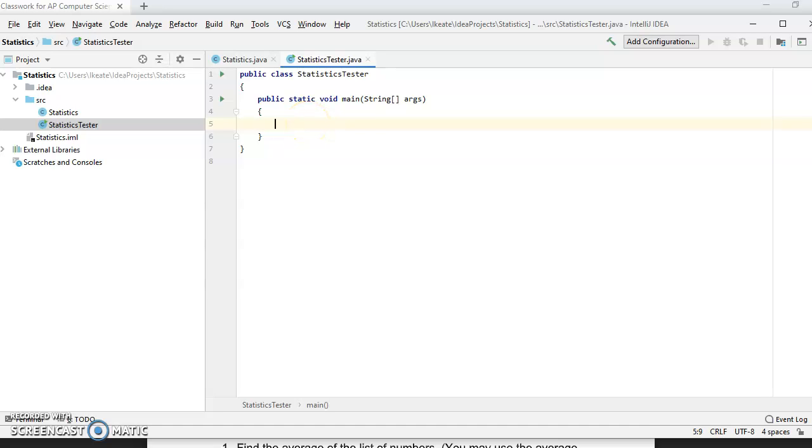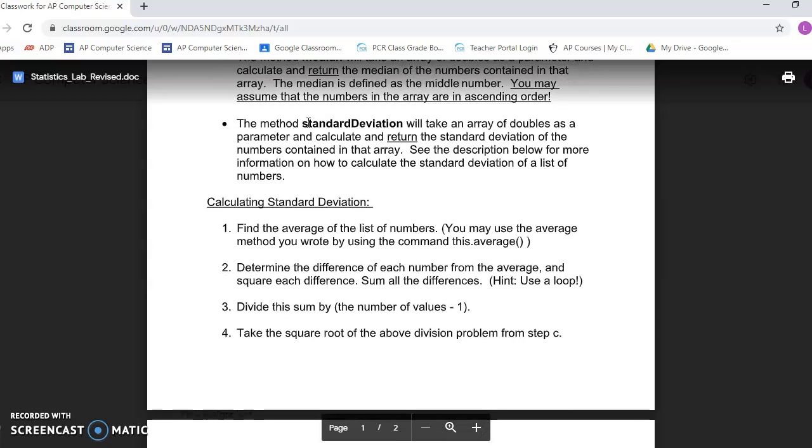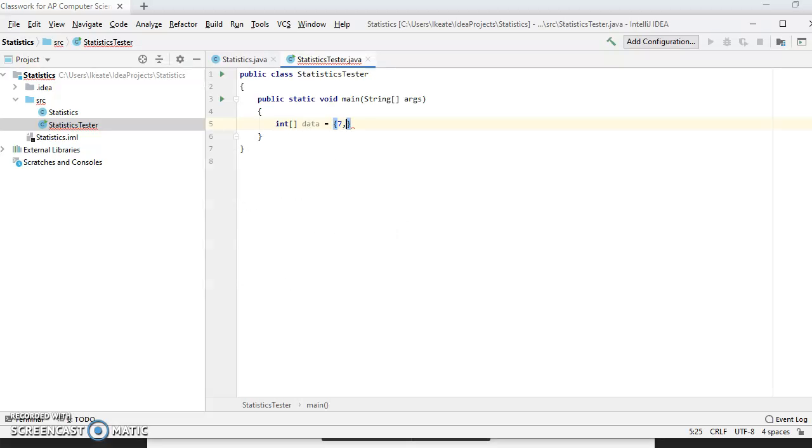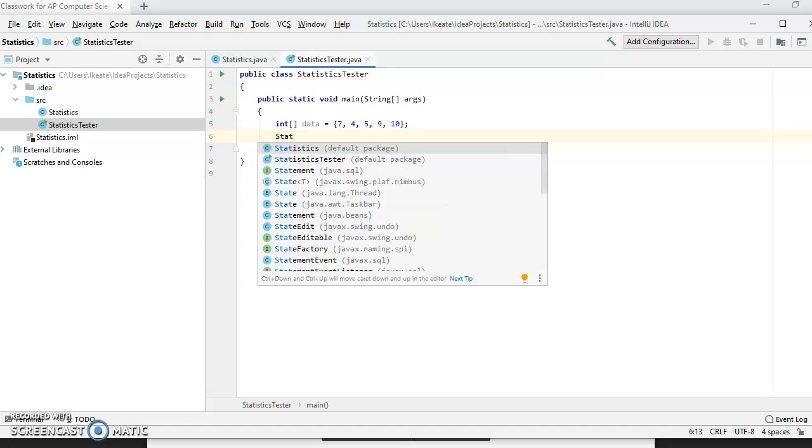So the very first thing I'm going to do, and we don't really need user input for this, is call it data. I can really call it whatever I want, but I'm going to just hard code in some values. Why don't I just use these values so that I can check? So 7, 4, 5, 9, 10. Remember, this is one of the ways that we can fill an array. And then I will make a new